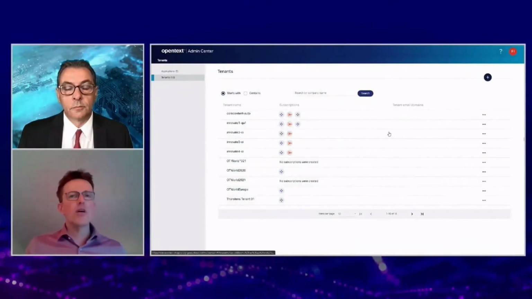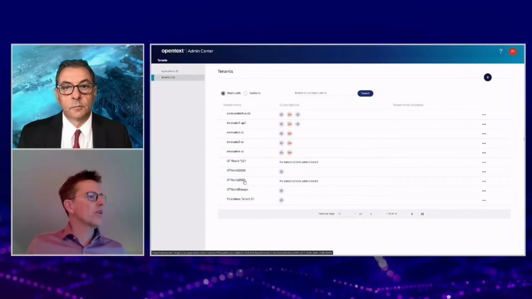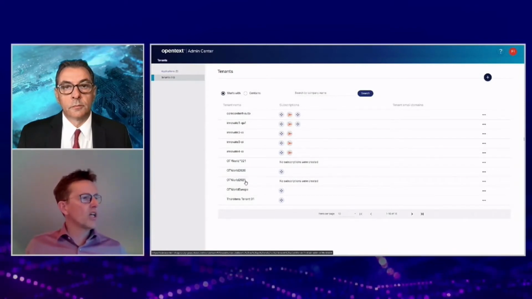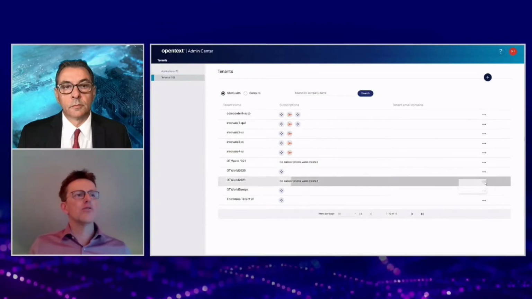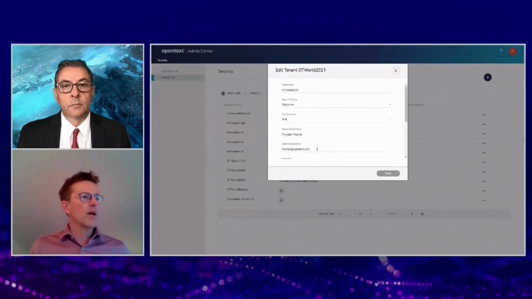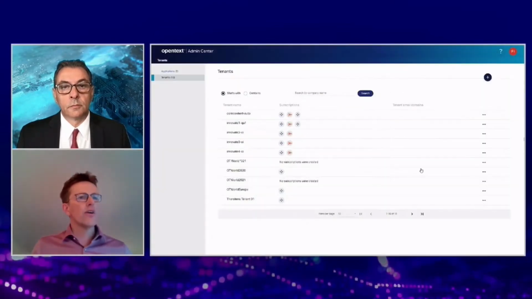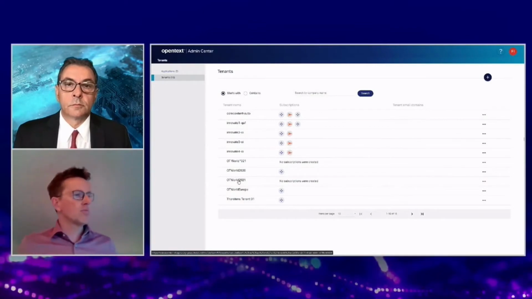And what we see here is our OpenText fulfillment center where we create a new tenant and subscription. So I created a tenant a few minutes before, no subscription is signed so far. And what I did at the end, I entered my name and my email address because I want to get the notification email for the new subscription.